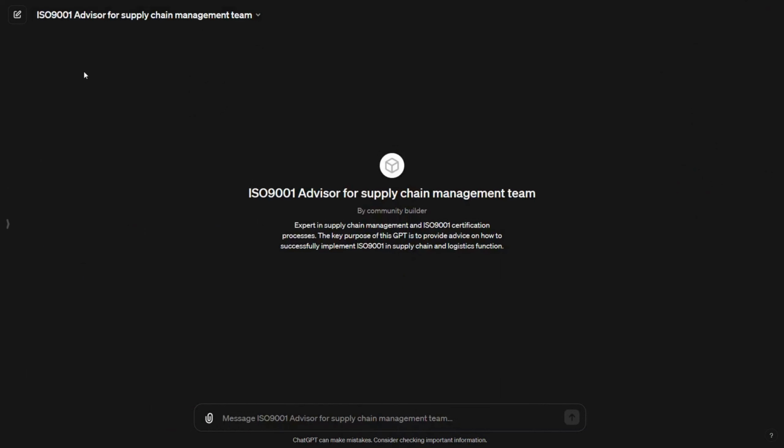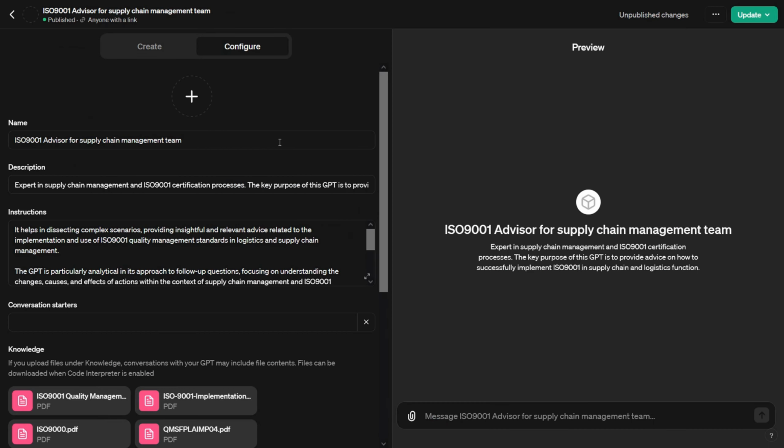Great. It is already here, but I think we can still add here an image or a logo that will be representing this custom GPT. And in this case, we are using DALL-E 2, a model that generates images from text prompts to generate an image representation for that GPT. So let's see what it will come up with. All right, looks good. So I think now we are ready. So update,